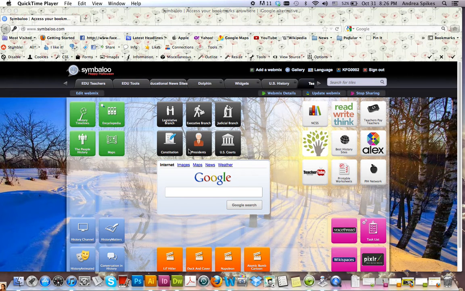I am a social science education major, but this is specifically a U.S. history Symbaloo that I've put together. And I've color-coded and sectioned off areas to make it a little bit easier to organize it. So I'll explain a little bit. Up in the left corner right here, you see